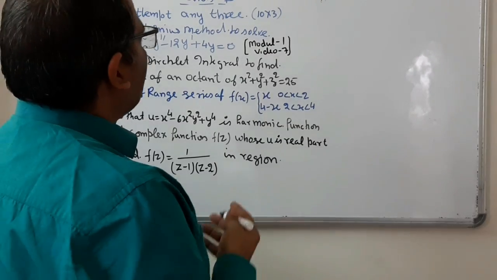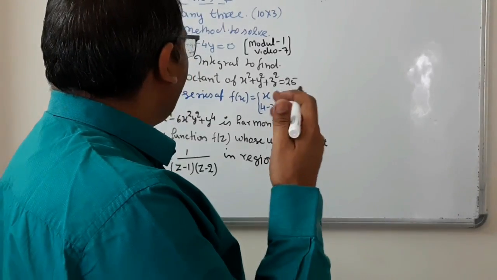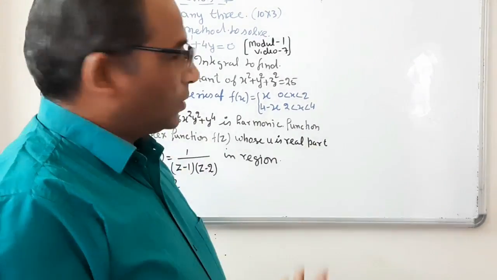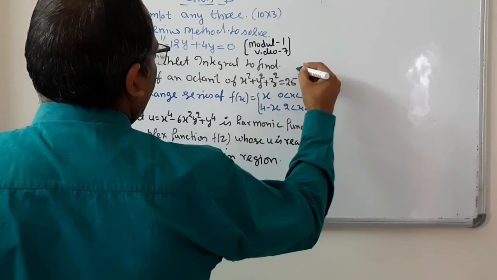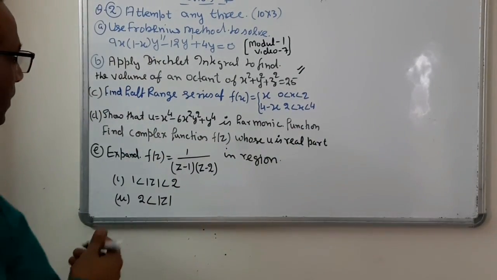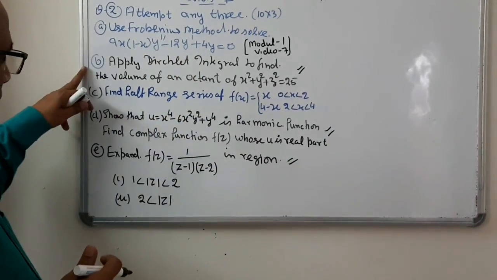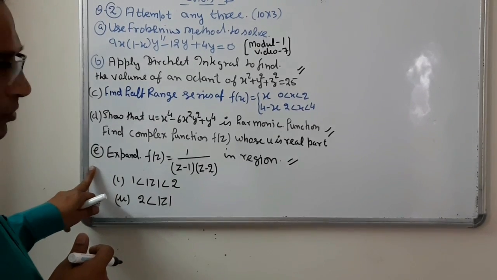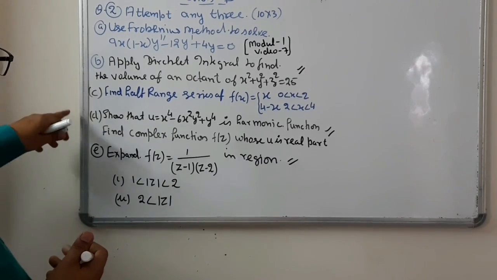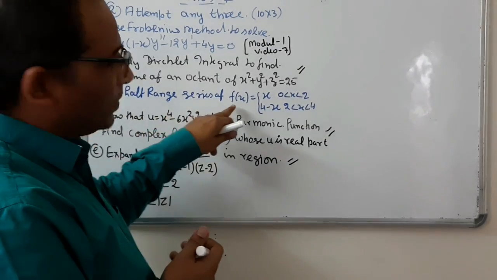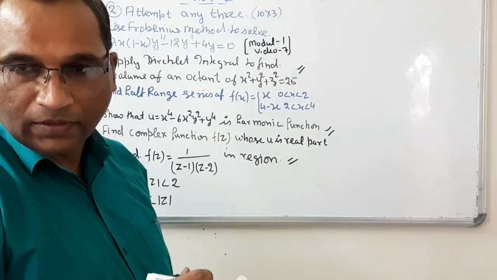In the question paper you have to attempt only 3 parts, right? So selection is very important. Which part we should attempt first such that we secure good marks, right? In this, I recommend you to solve question number B first, apply Dirichlet theorem, then question number D, and then question number E. That means Dirichlet theorem, then harmonic functions, then expansions of the series. I recommend these 3 parts, right? If you don't know any one of these, then you can go for finding the half range series of this one. And after that, you should go to the Frobenius method, solved by this one, right?